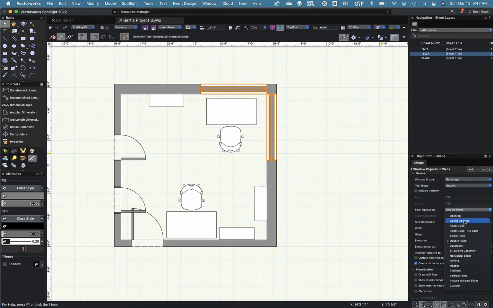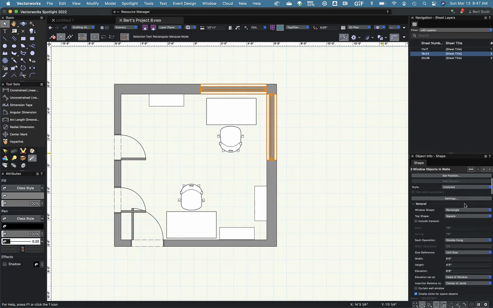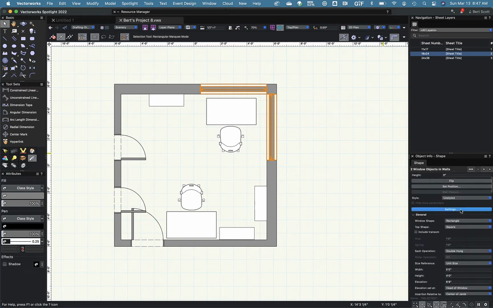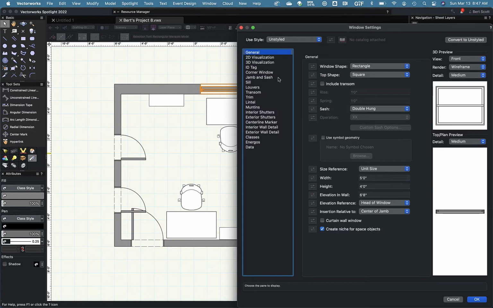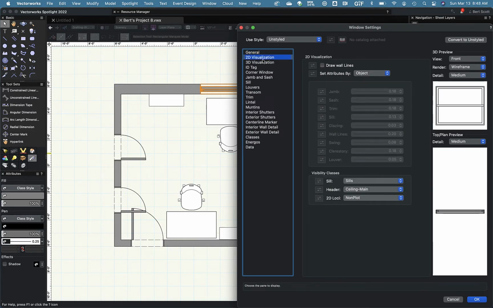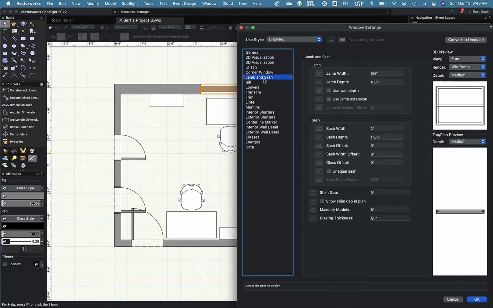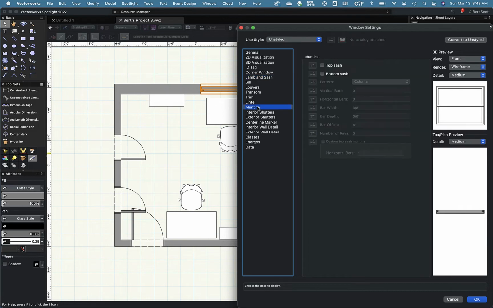Double hung is the most common, and then if you need to make other adjustments, you can go into settings, and you probably are going to want to look at the sash to adjust the size of things, and perhaps the muntins to adjust the size of those. If you need a refresher on that, you can go back to last week's project